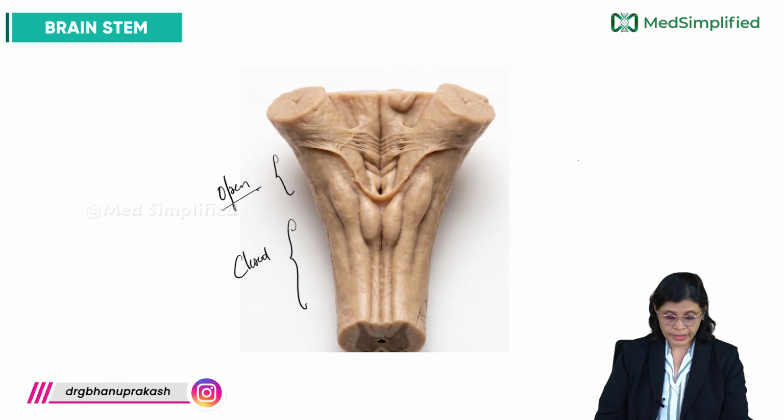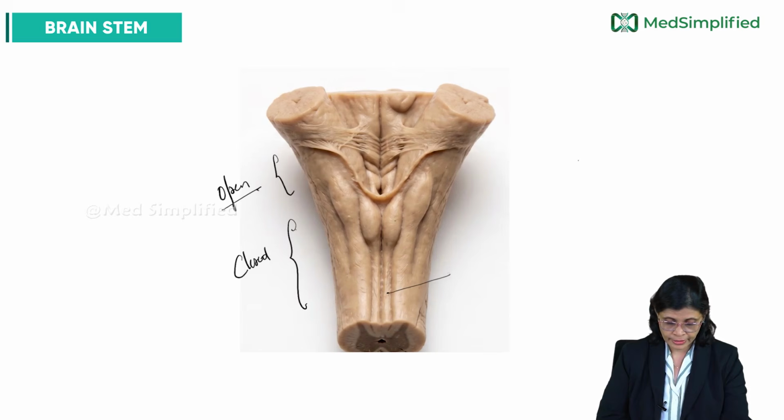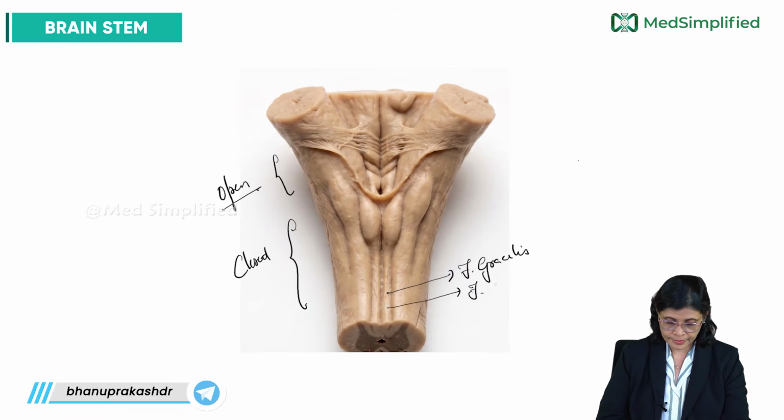So in the closed part, we see 3 longitudinal elevations from medial to lateral, which we call the fasciculus gracilis. Then we have the fasciculus cuneatus, and we will have the inferior cerebellar